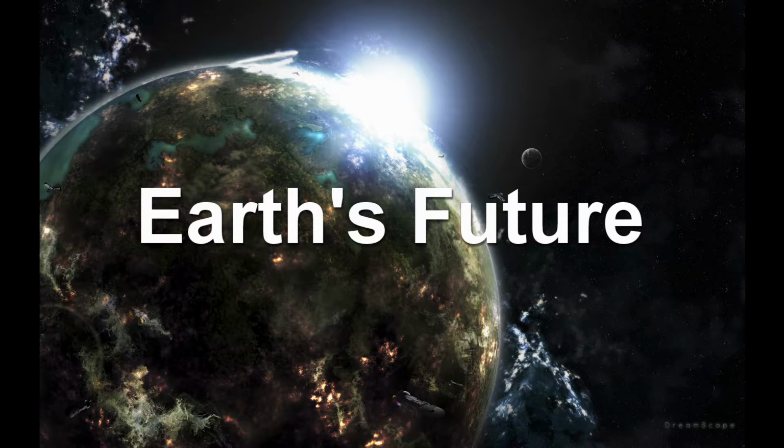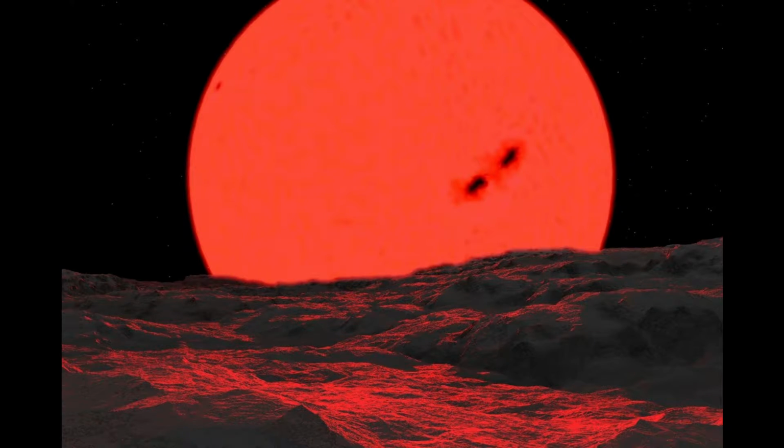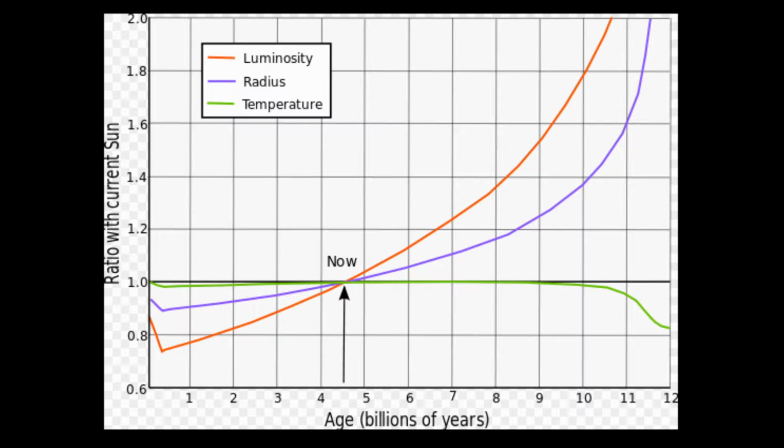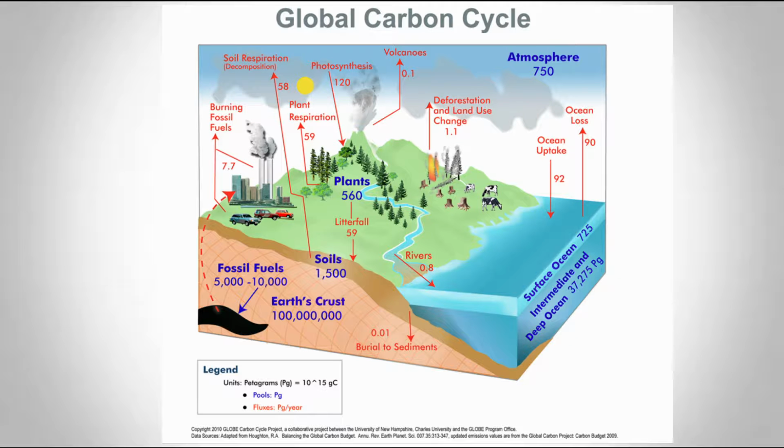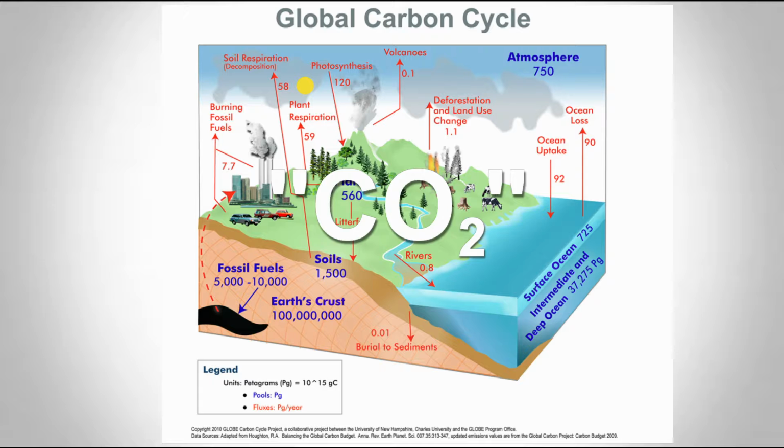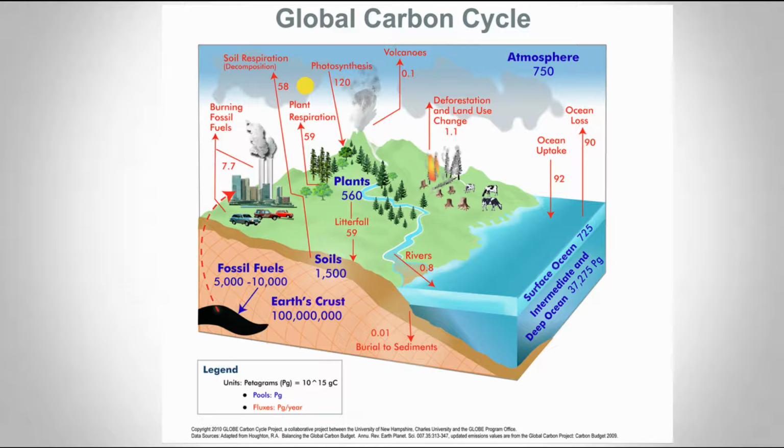Let's talk about our future, shall we? Earth's expected long-term future is closely tied to that of the sun. Over the next 1.1 GA, or billion years, solar luminosity will increase by 10%, and over the next 3.5 GA, by 40%. The Earth's increasing surface temperature will accelerate the inorganic CO2 cycle, reducing its concentration to levels lethally low for plants in approximately 500 to 900 million years.